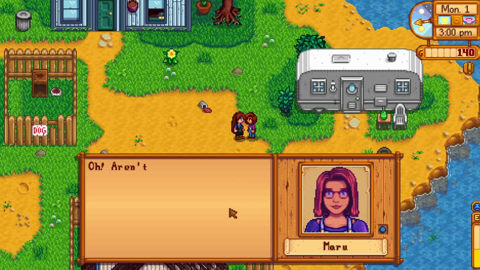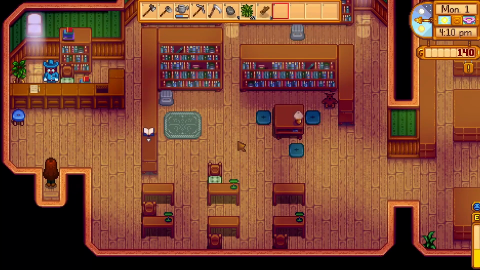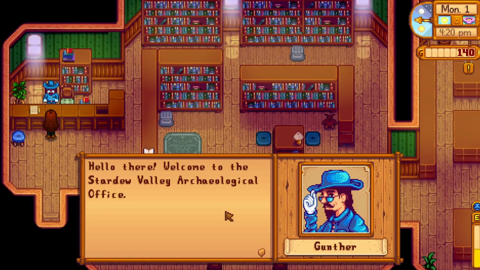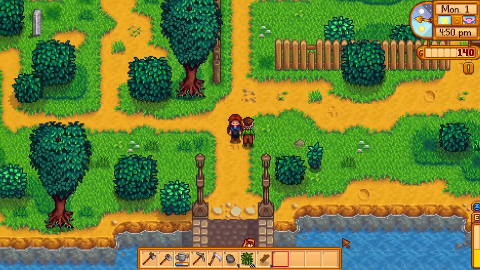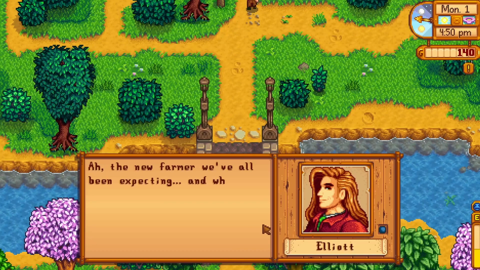Outside, I ran into some more people like Maru, Abigail, and then I headed over to the museum or the archaeological center, and I met Gunther. Considering one of the opening tasks is to meet everyone in town, I was trying to meet as many people as possible. Outside, I passed Mayor Lewis and I ran into someone called Elliot on the bridge